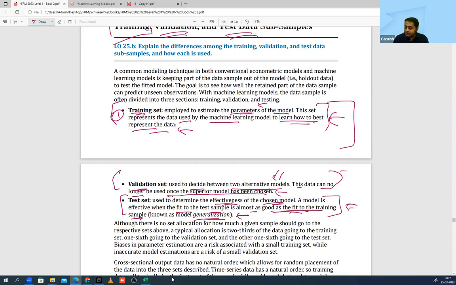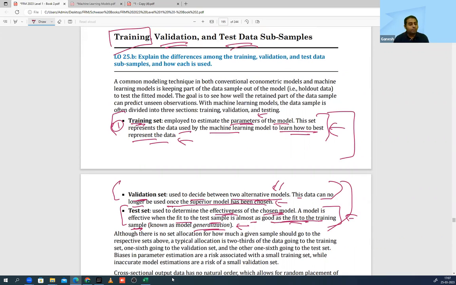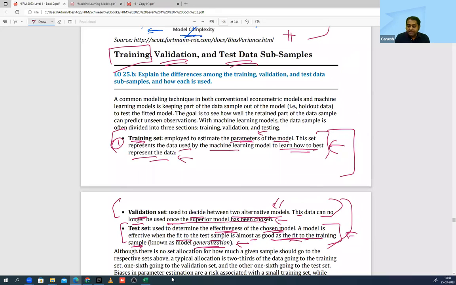Now, why are we doing all of this? Because we want to make sure that whenever the model does a prediction using out of sample data, it should not fall flat. It should give you a good answer. So that is why we want to make sure that whenever a sample outside the model is used, the out of sample means hold out data. Okay. Now, ये hold out data का मतलब क्या है?